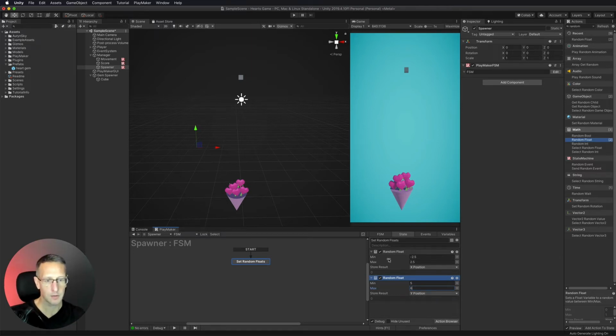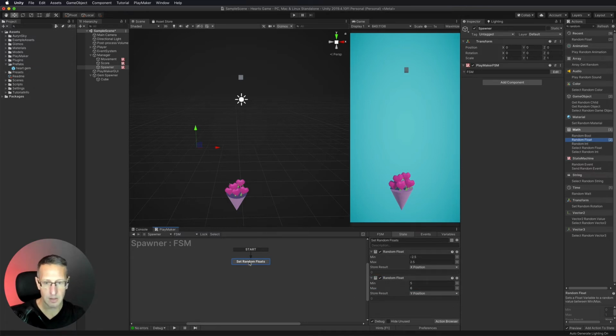Okay. So what's going to happen is it's going to place this around within that kind of box area. So what we've essentially done is to create the upper left-hand corner to the lower right-hand corner, which has created a box of where this position of the spawner can be. Okay, so here we've done that.